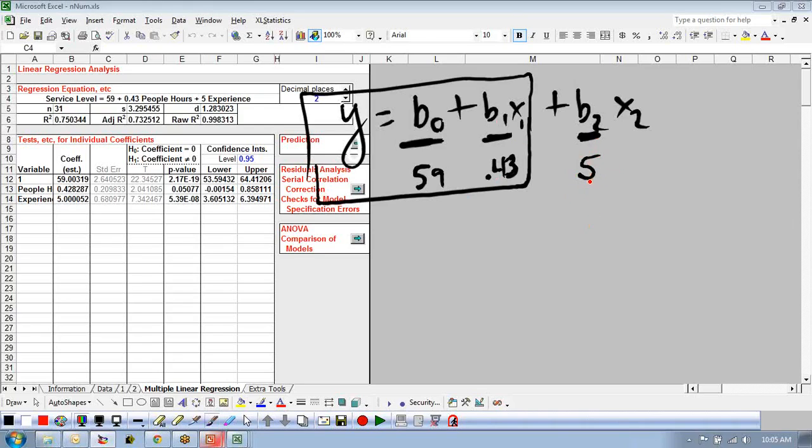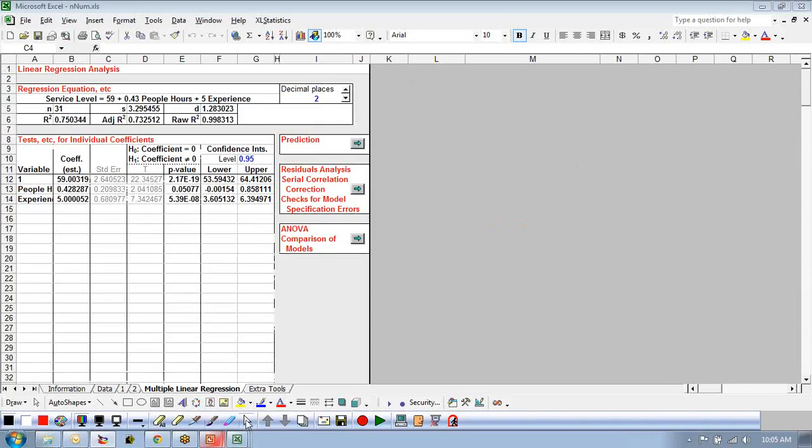If we can increase that by 1, we get an additional boost of 5 on our service level. So again, by taking into account both of these, we can get a better prediction. That's the idea. Now let's see if that worked. Well, look at this. We went from, there's our R-squared right there, 75% now. So notice it's better than either one of them together. So by putting in both of these variables, we were able to achieve a higher R-squared than we could with